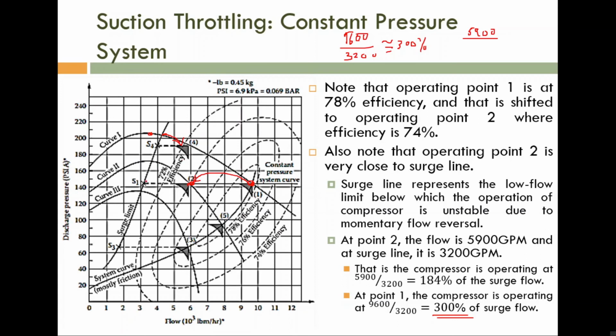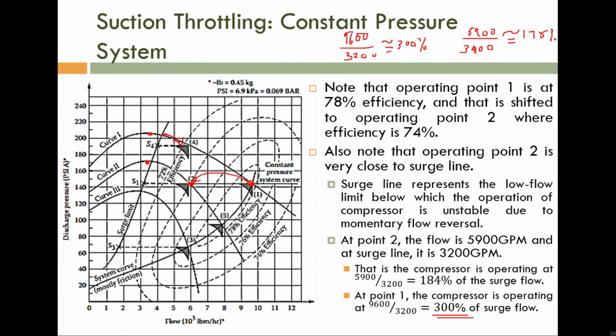Okay. So say this one is the maximum flow rate, means surge flow rate. Say this is something around 3,400. So what is the ratio now? Now you can see that the ratio is something around, it's a rough value, something around 175%. So what is the meaning? Can you say? What is the meaning? What's happened?